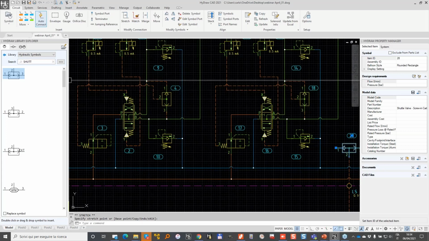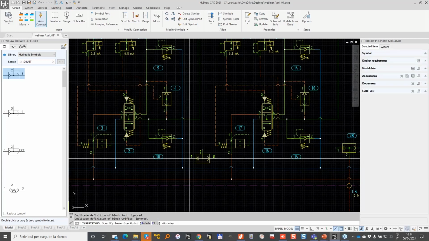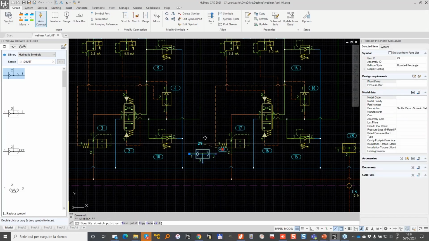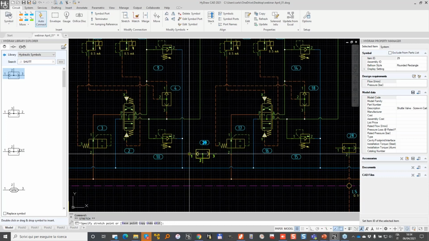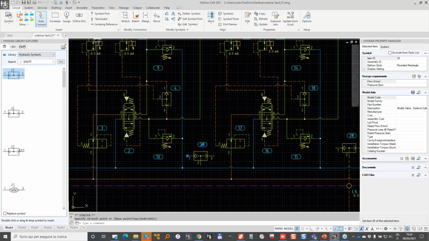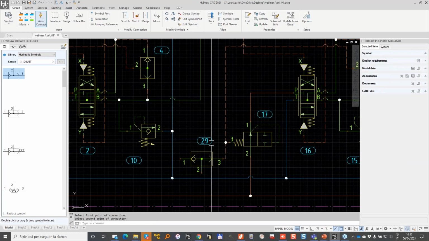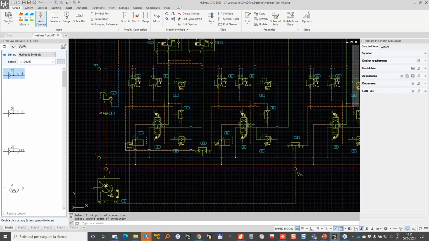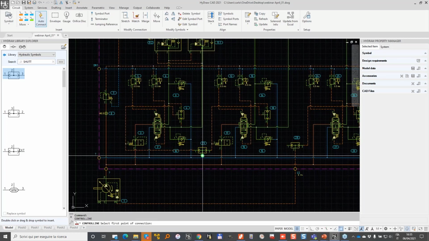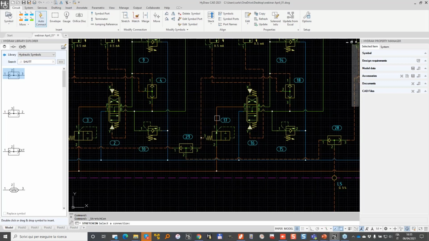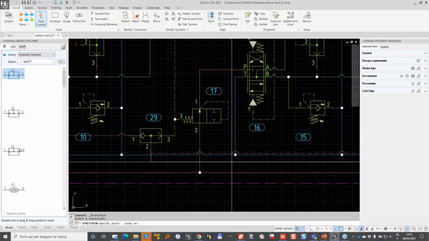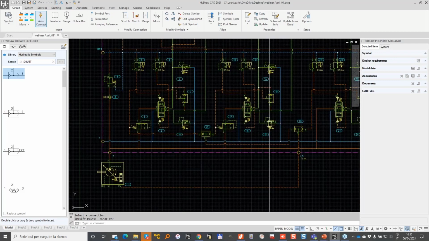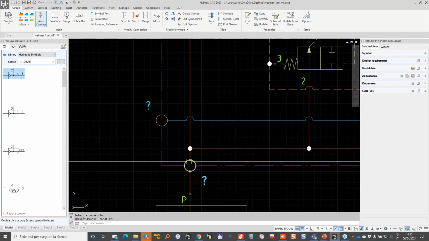So I need another shuttle valve here, which I will flip. And this shuttle valve will need to take the signal, this one, and this one. And I need to go directly here. Stretch, and by using snap to grid, we can have a standard sizing and distance between our connection lines. That's our P port,